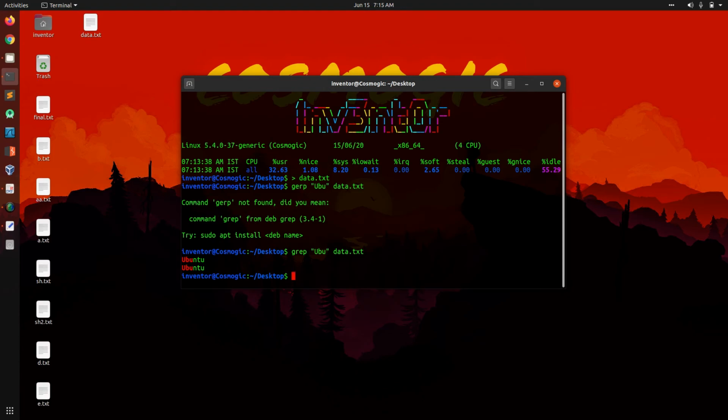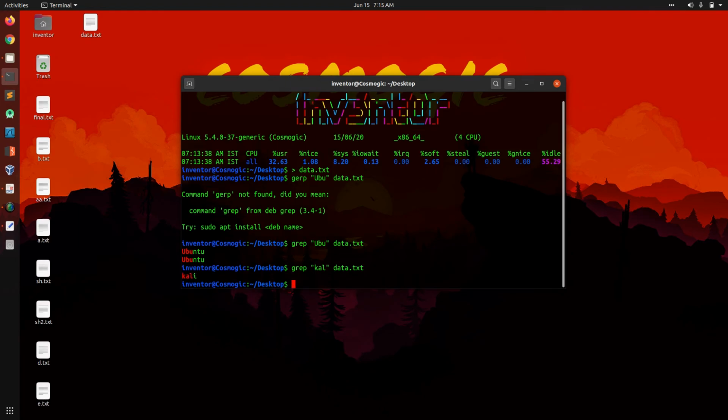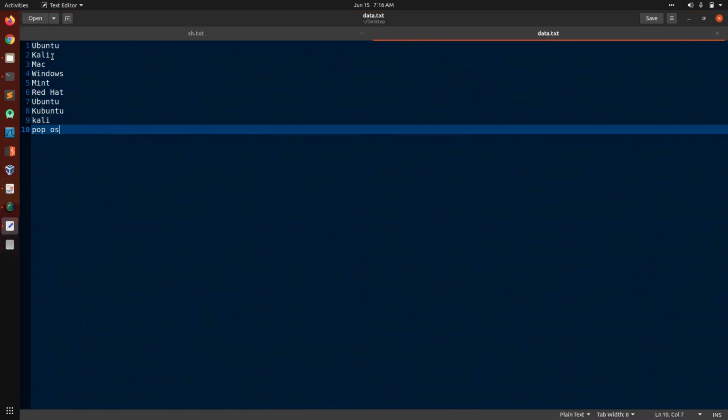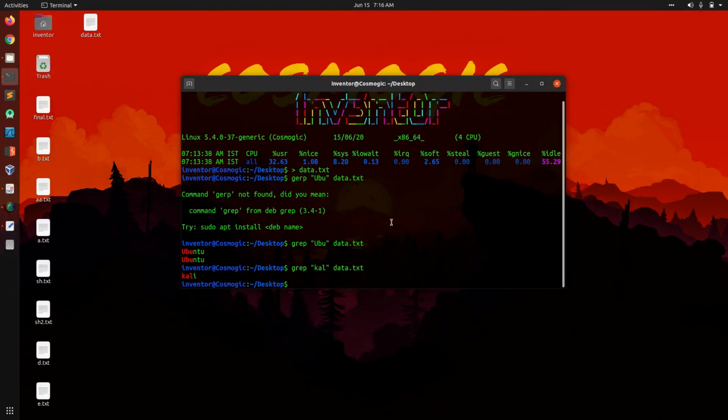Now what if I write kali? We are getting the output this kali, but the Kali written in capital is not shown. To overcome that, we can use -i with the grep command.